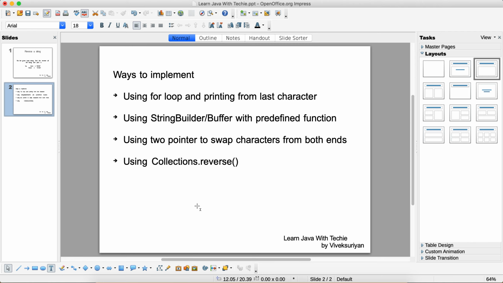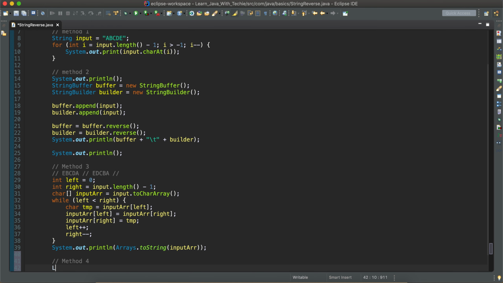The next method here is we are going to use Collections.reverse. Collections is a class, and it provides a method called reverse. So we're going to use a list here, list of character, list input, new ArrayList of character.